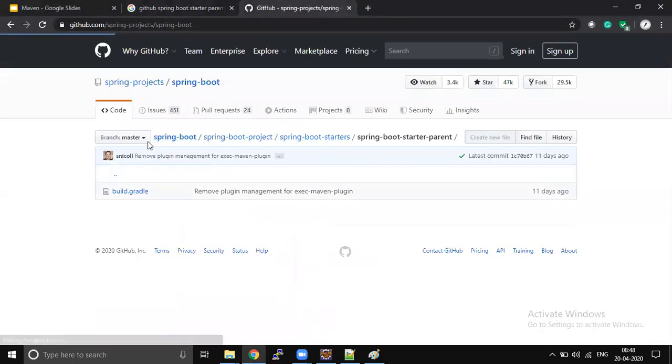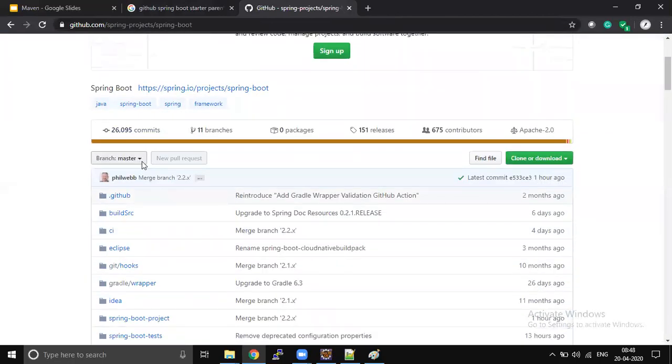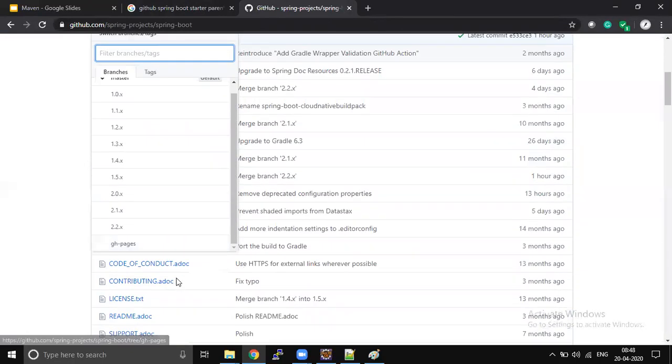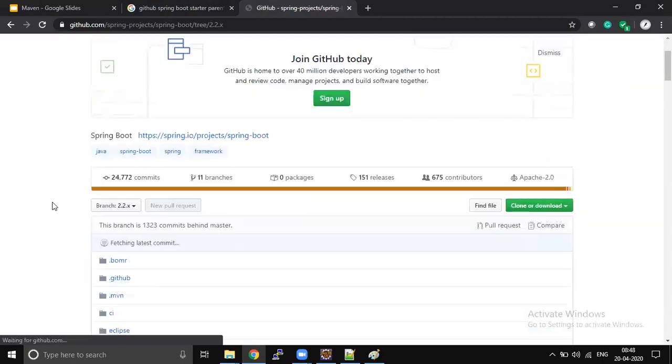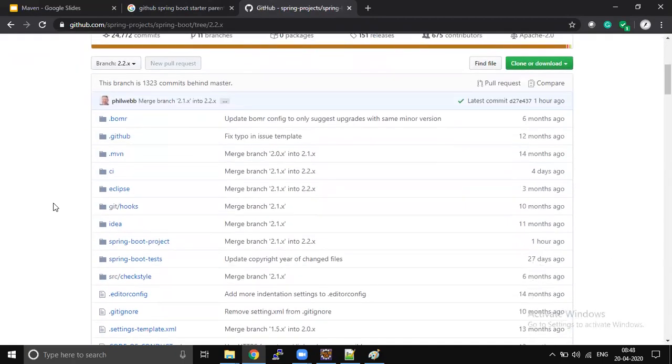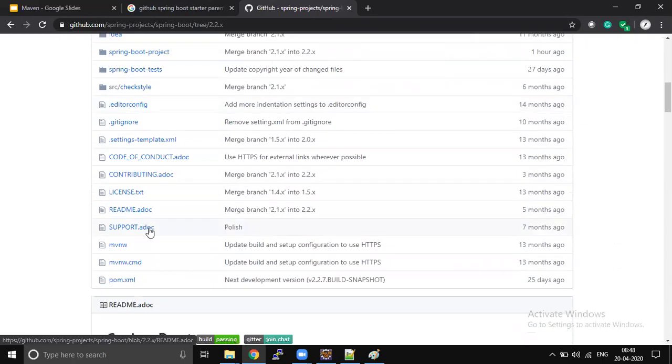Spring Boot. We are under branch master, 2.2.x. Yeah, we have MVN, see pom.xml.